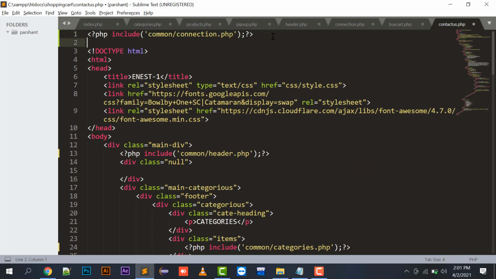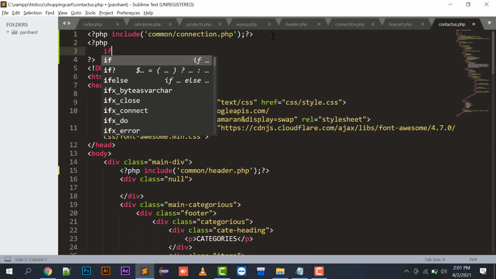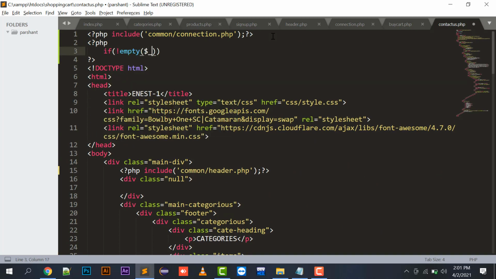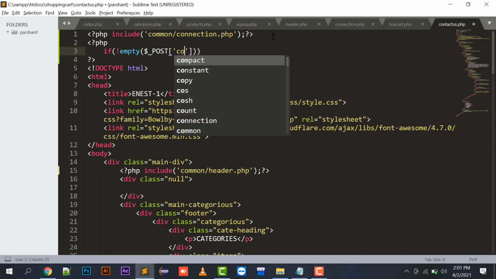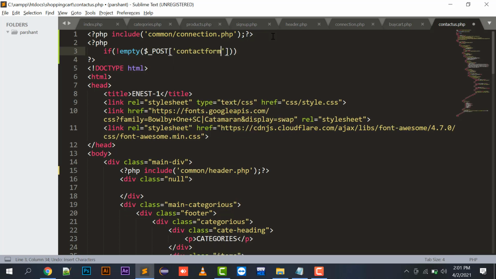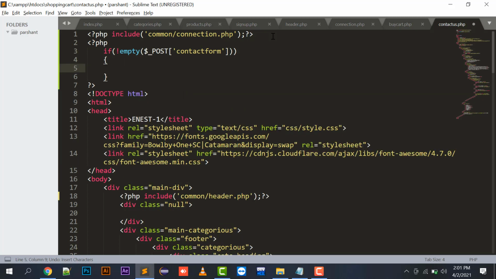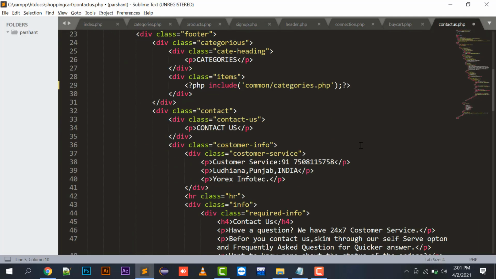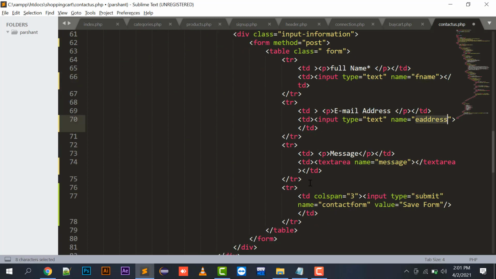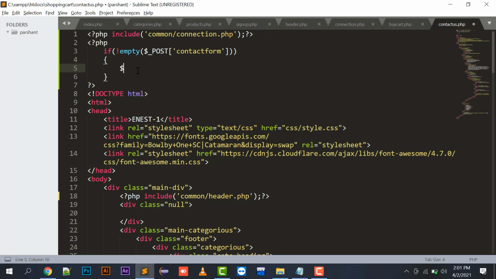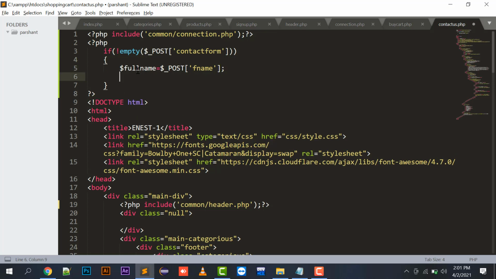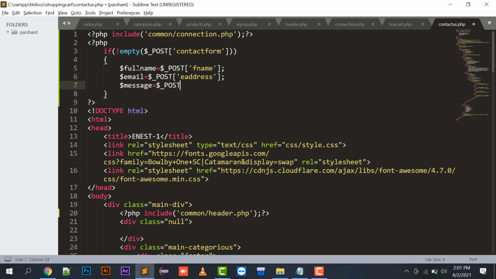So moving to its coding part, whenever the form is saved, the form method is post, and I have assigned the contact form key name in the submit button. So it will have full name, f name, e address, and message.